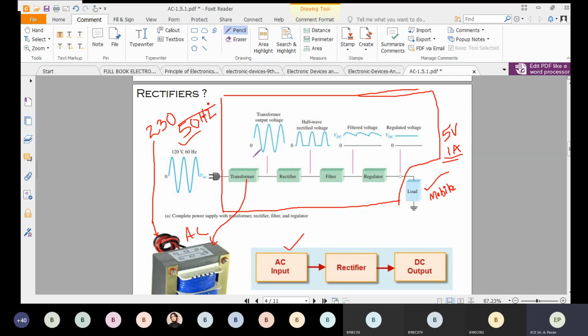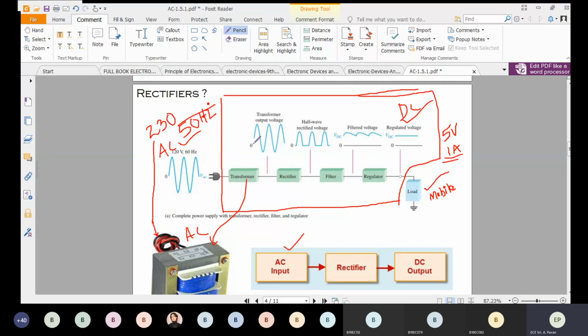This is nothing but an AC signal, and this is nothing but a pulsated DC, not pure DC. Now we use capacitors or inductors to get a pure DC. This is the pure DC signal. A straight line is nothing but a pure DC signal, right? This is an AC signal. A sine wave is nothing but an AC signal. A straight line, a steady signal in your language, is a DC signal, right?